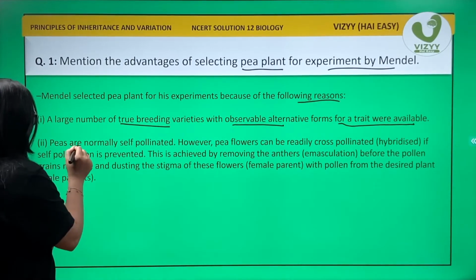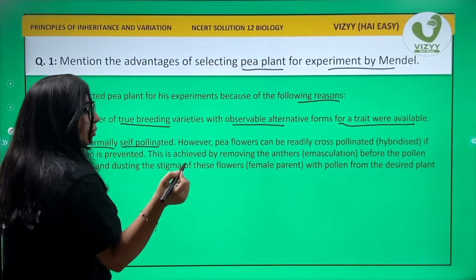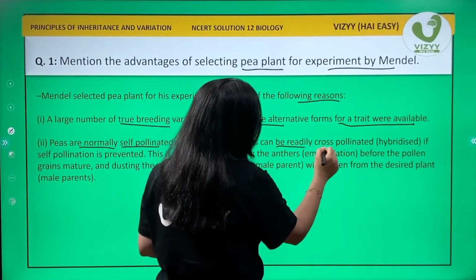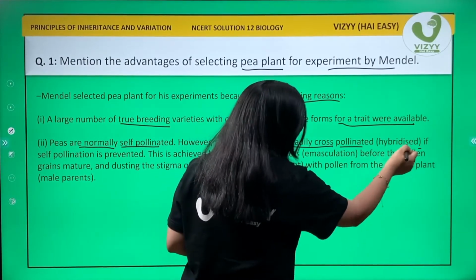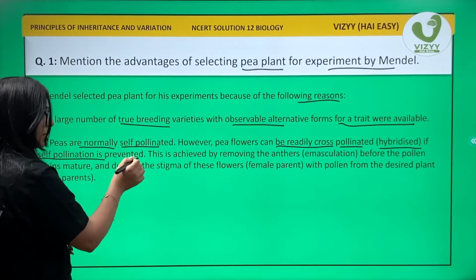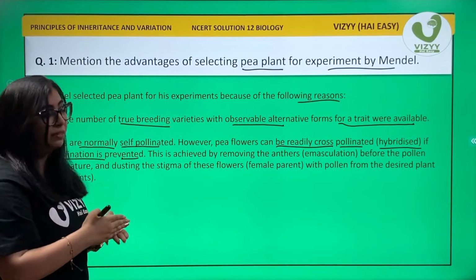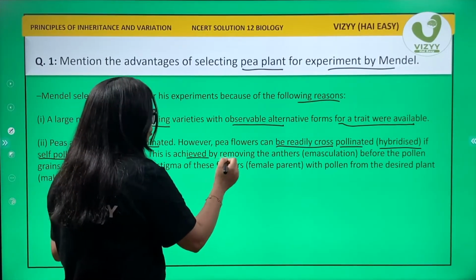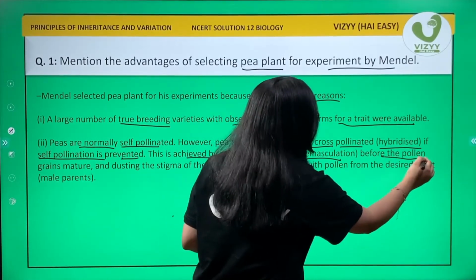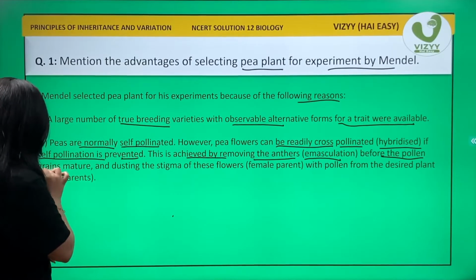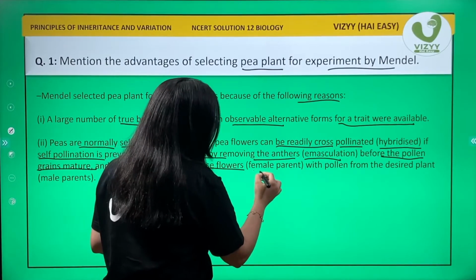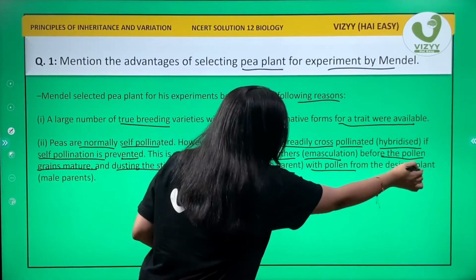Reason 2, pea plants are normally self-pollinated. However, pea flowers can be readily cross-pollinated, that is hybridized, if self-pollination is prevented. Now, this is achievable by removing the anthers, emasculation, before the pollen grains mature, and dusting the stigma of these flowers, that is the female parent, with the pollen from the desired plant,